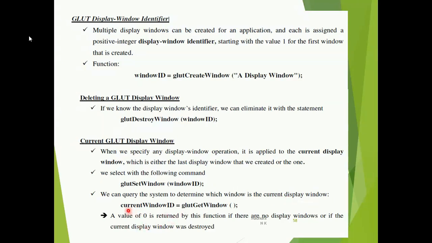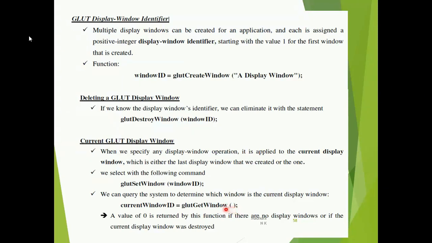That is given by currentWindowID, which is equal to glutGetWindow. This gives you the information about which window is being displayed, the current display window. A value of 0 is returned by this particular function.